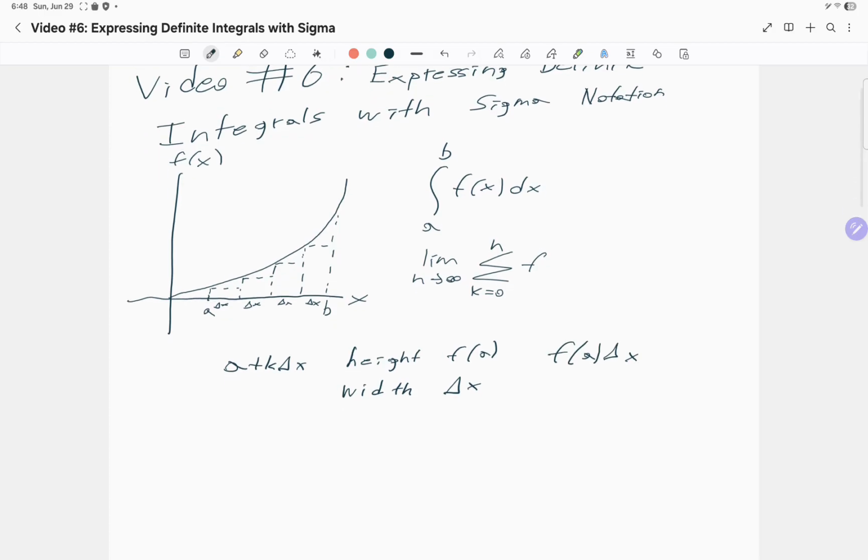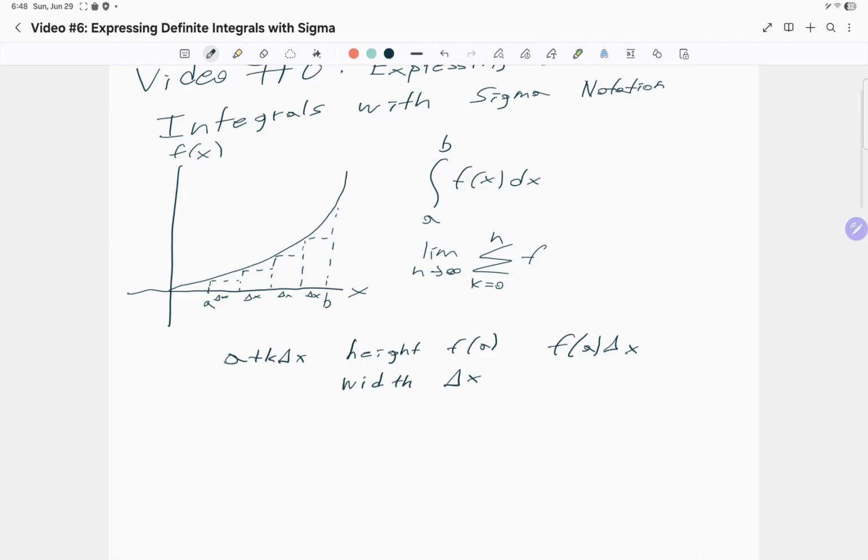Now let's look at our second rectangle. Now we're going from k equals 0 to k equals 1. So we're going to have a plus 1 delta x. So a plus delta x is going to be our x value. So we're going to have a height